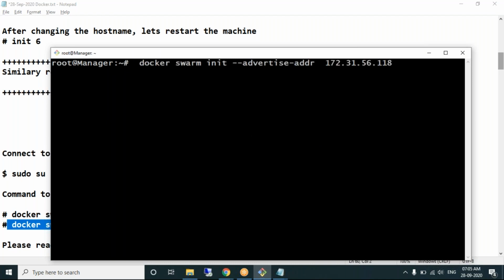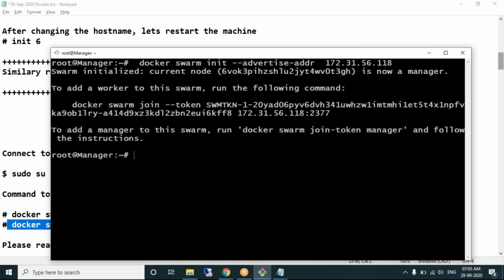One command is enough to help you install Docker Swarm. You are initializing Docker Swarm. You have installed Docker Swarm on this first machine. That's why it's called a manager machine now.